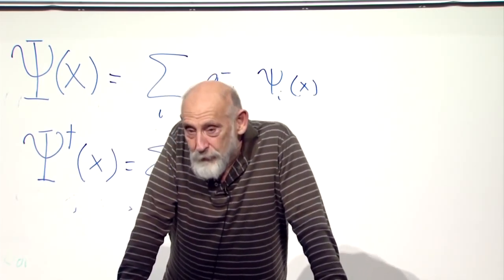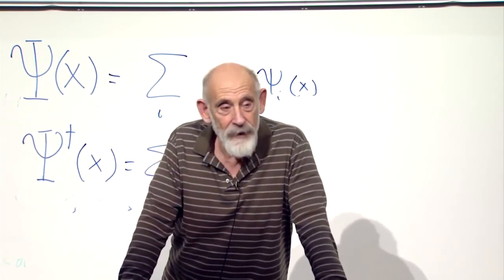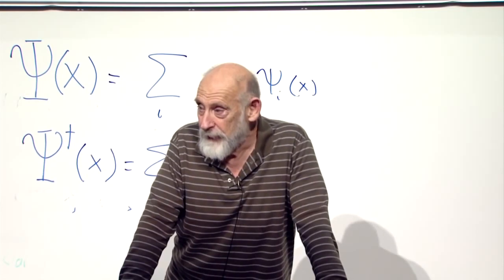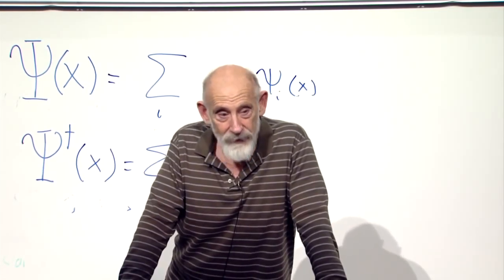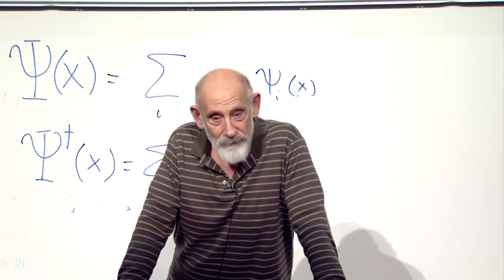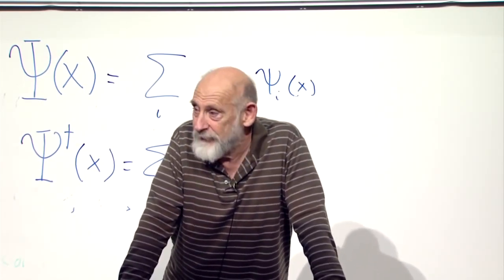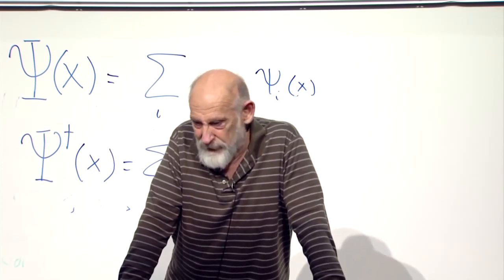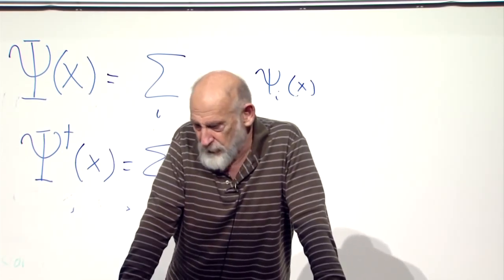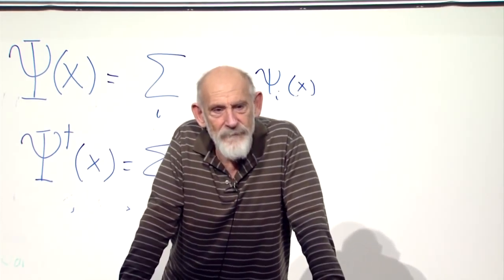It's a vector in a vector space. Go back to vector spaces. Vector spaces have in them zero vectors. Zero vectors are vectors of zero length. It's not interesting. It doesn't have any properties. It doesn't describe anything physically. If you add the zero vector to something, you get the same thing.